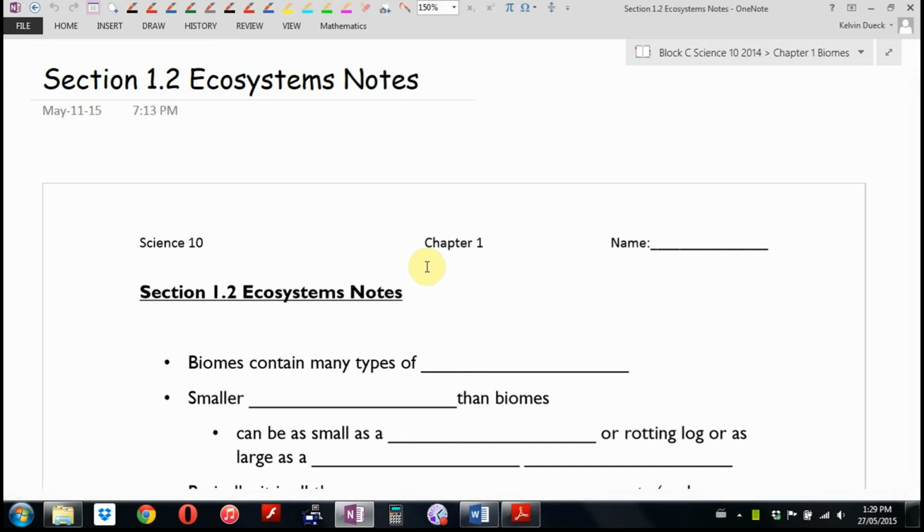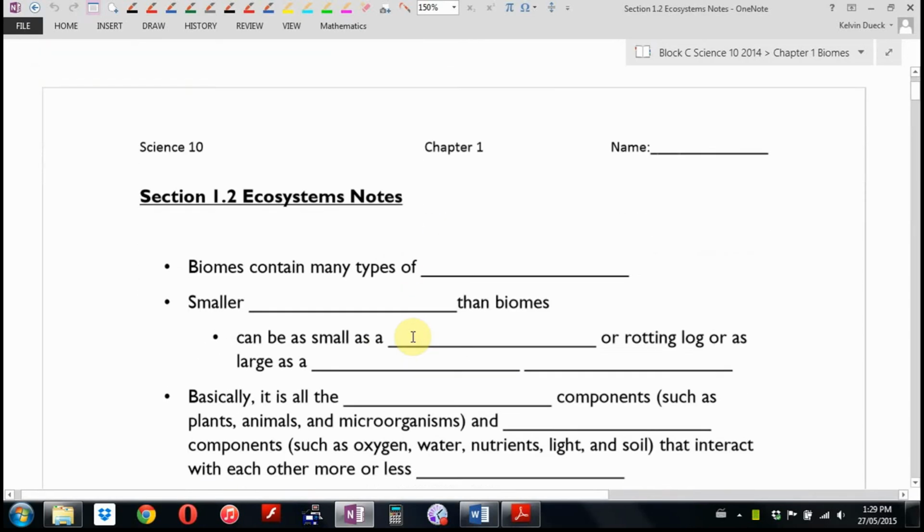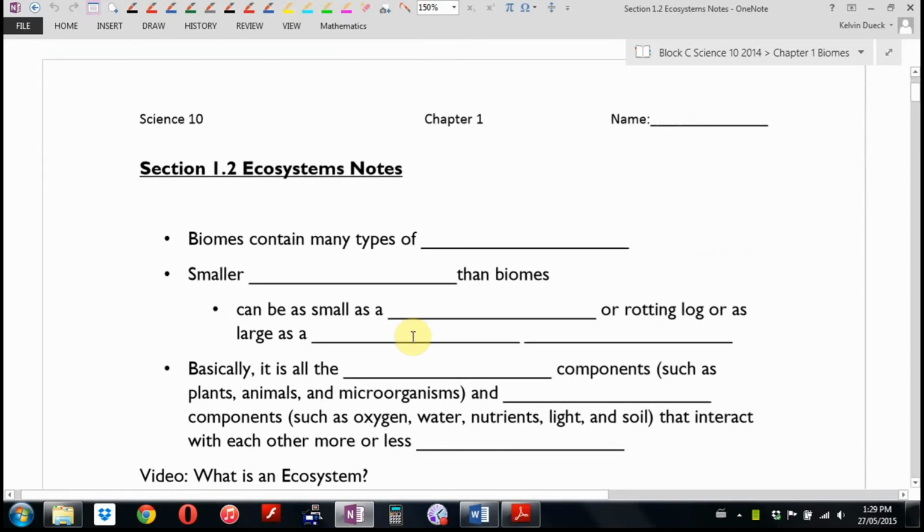Section 1.2. I said what we're going to start doing. Biomes are big. We're going to start zooming in. So as a matter of fact, Allison, who's going to put her phone away for the remainder of the lesson, face down and out of her... There you go. Biomes contain many types of